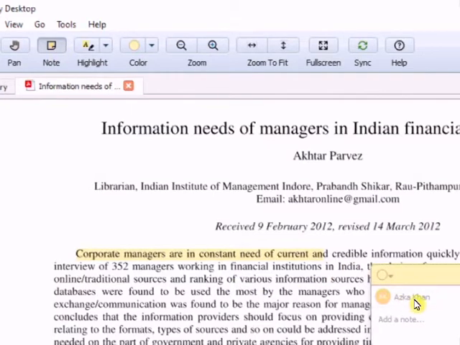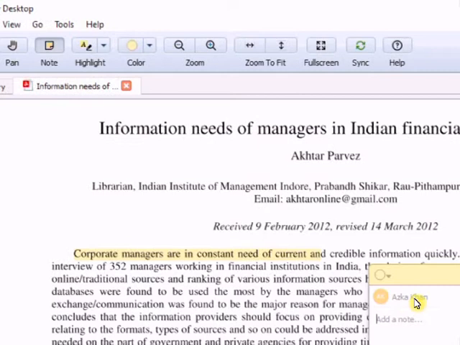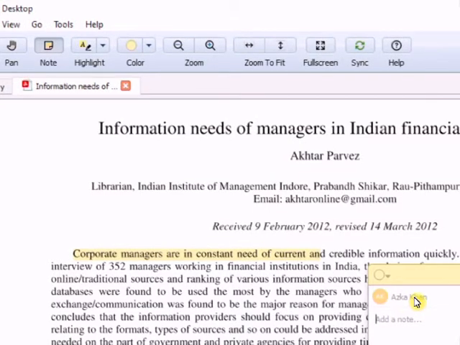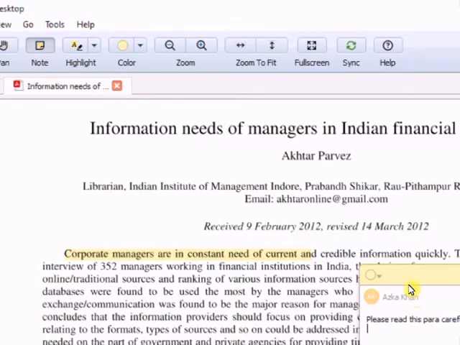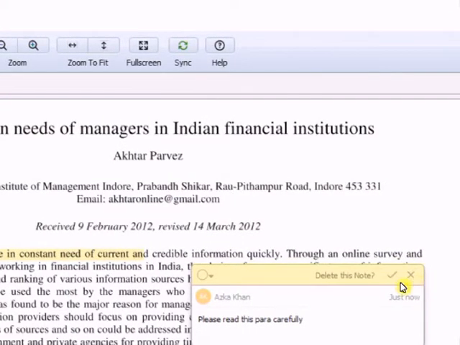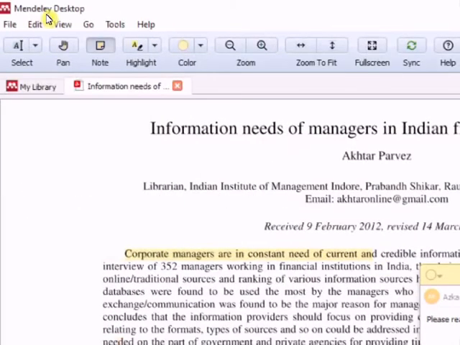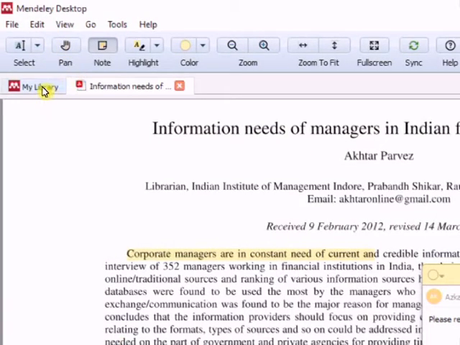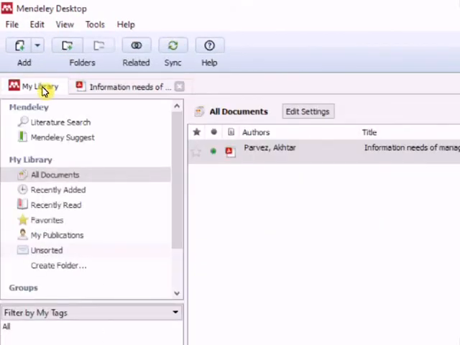So if you want to write here for your co-researcher that please read this para carefully, you can do this. Okay, so this is how you add a note. I'll just delete this, close this, and go back to my library.